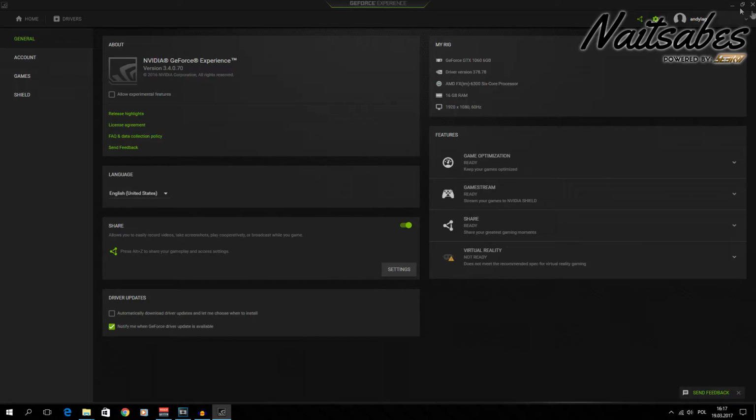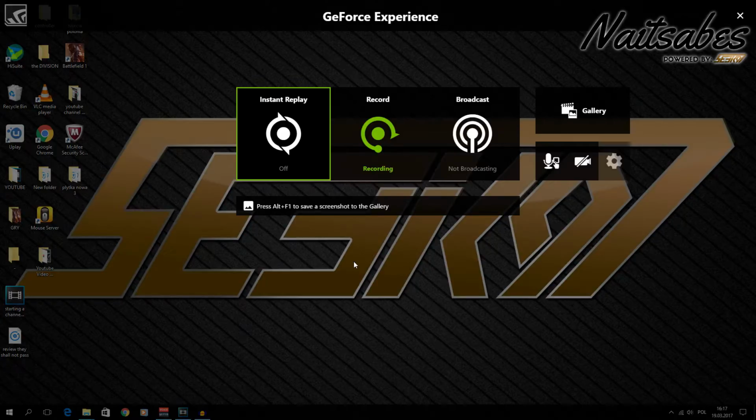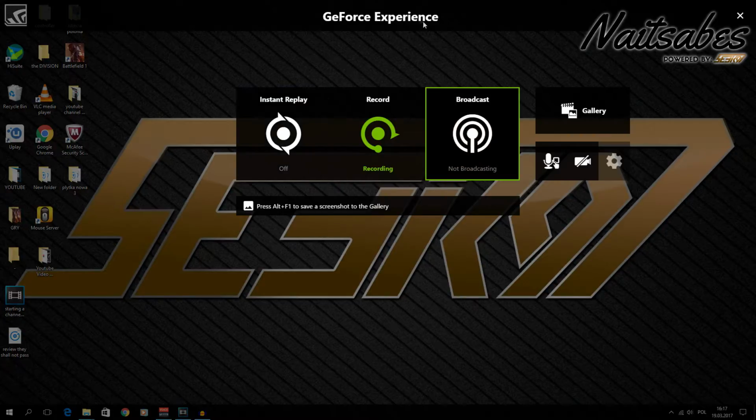But how does it work? You can download this software that is called NVIDIA Shadowplay. And how does Shadowplay work? As you can see, I have pressed my shortcut, which shows me this, the GeForce Experience, NVIDIA Shadowplay,